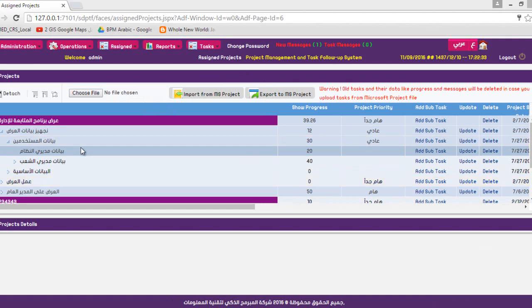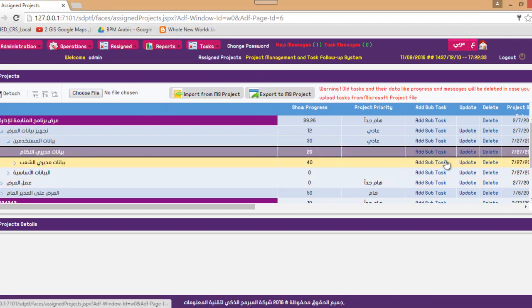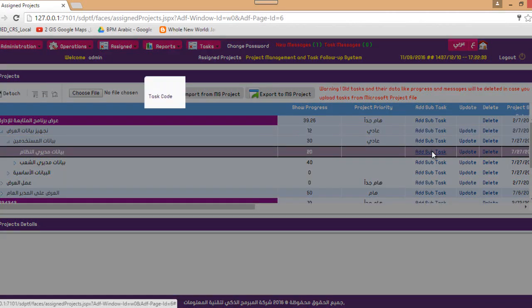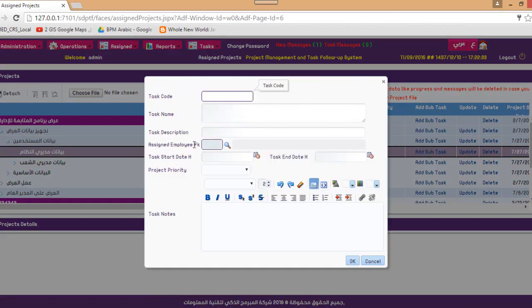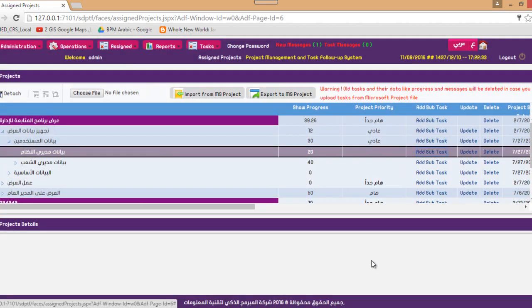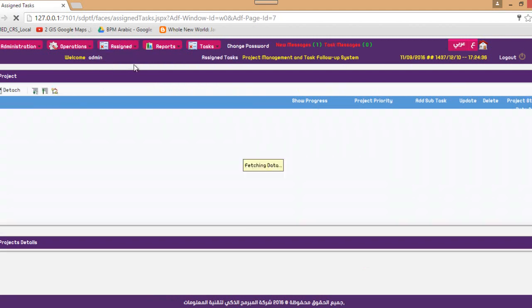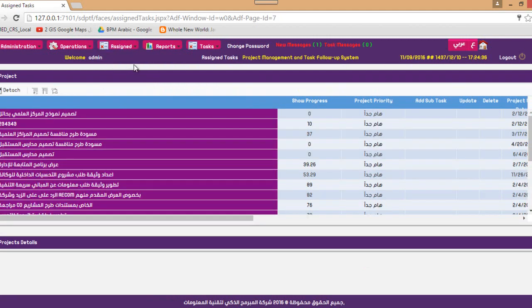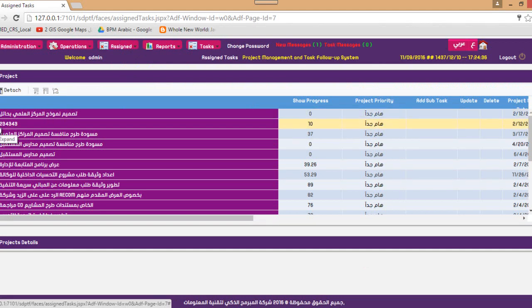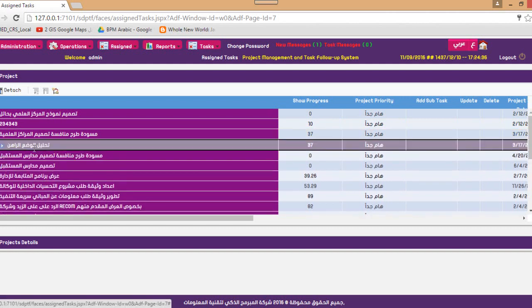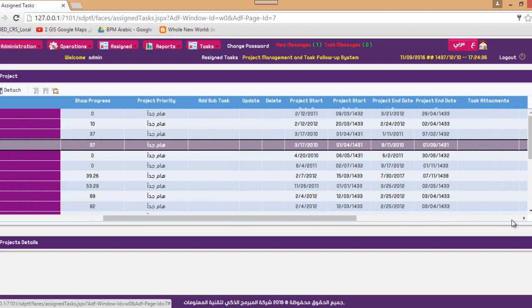Now he's going to create his tasks and subtasks, adding a subtask or whatever, and he's going to assign this to an employee. After assigning the task to an employee, the employee is going to navigate to the assigned tasks, where he's going to see the projects where he has some assignments. So he should see the task and he should start entering his